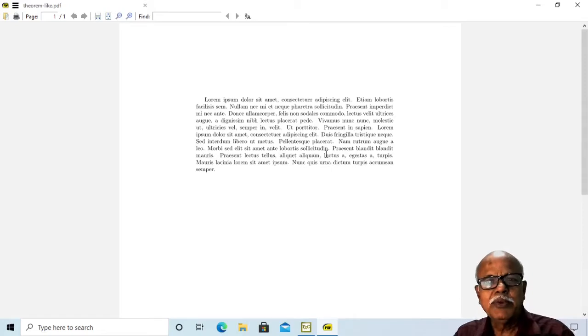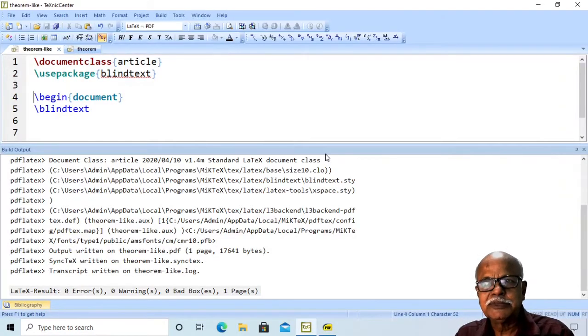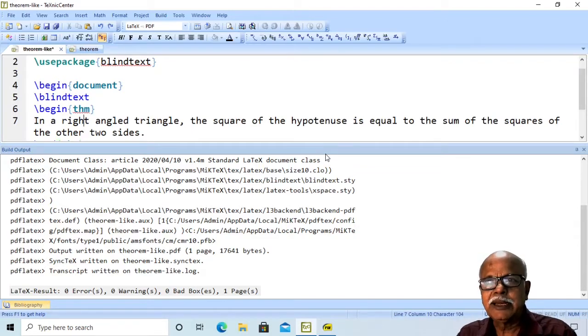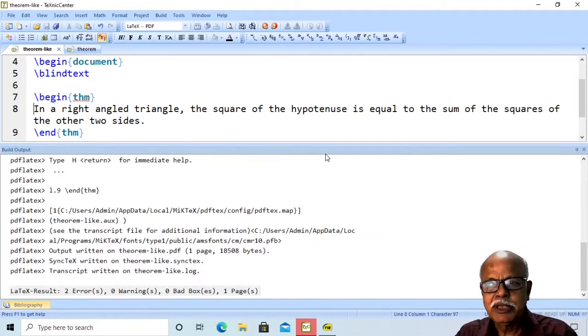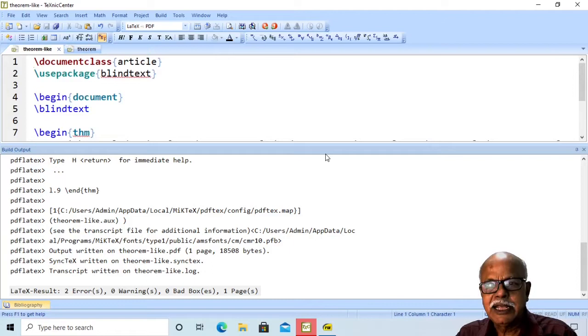Now, we would like to typeset theorems. Let us say we give a theorem like this in an environment thm. In a right angle triangle, the square of hypotenuse, etc. On compilation, there will be two errors saying that the environment thm is undefined.